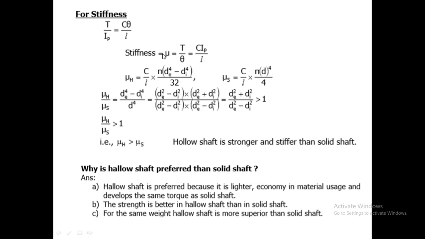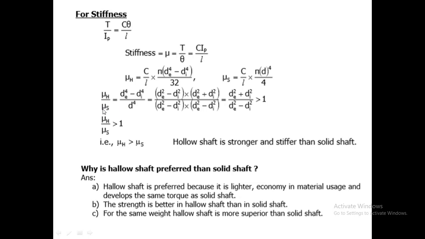If we substitute the values of both the hollow and the solid shafts with respect to the diameters, and simplify that again, we will get that T by theta is greater than 1. The ratio of stiffness of the hollow shaft is greater than